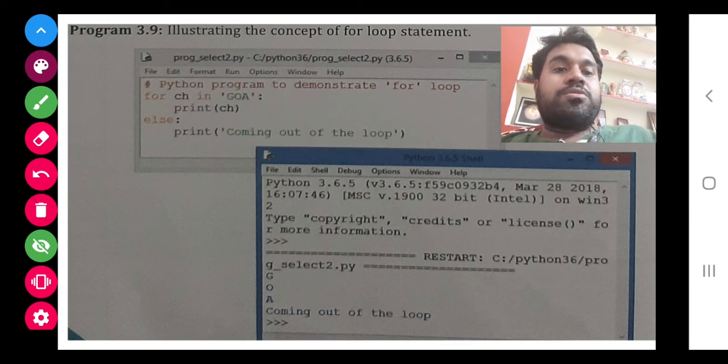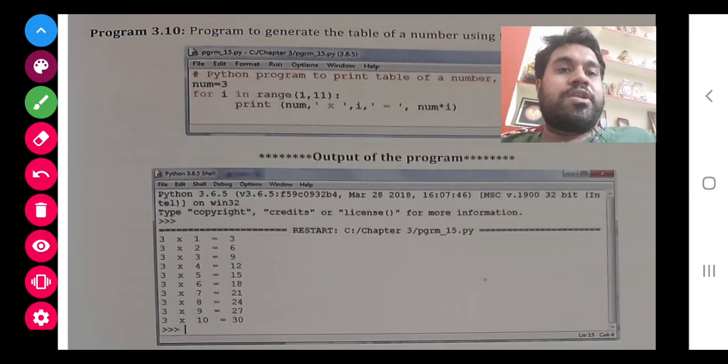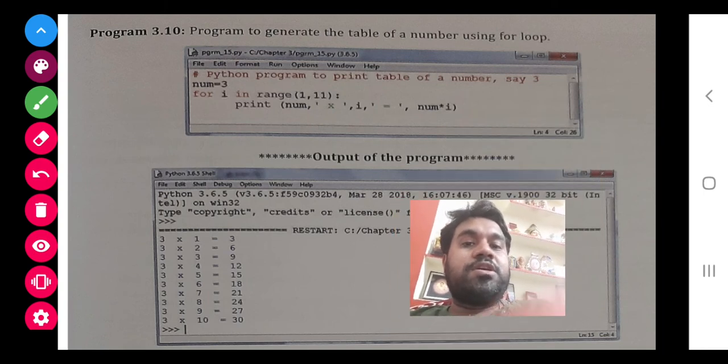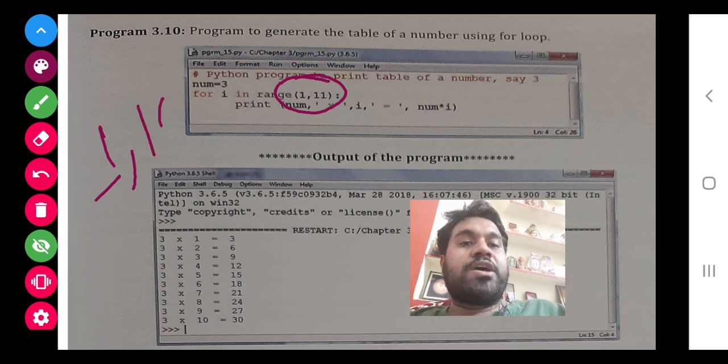So class, I hope you all are understanding. Now your next is giving a range. You give where you want to start and where you want to end. So if you want to start with 1 and you want to end at 10, then you will write 11 here.